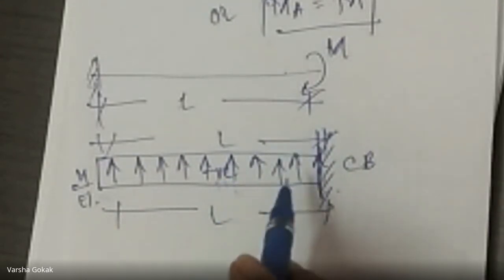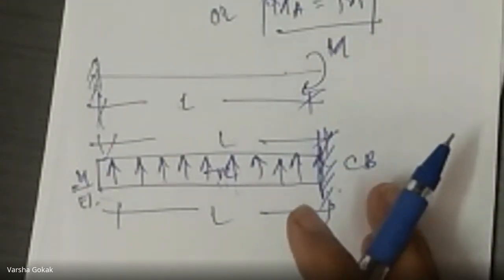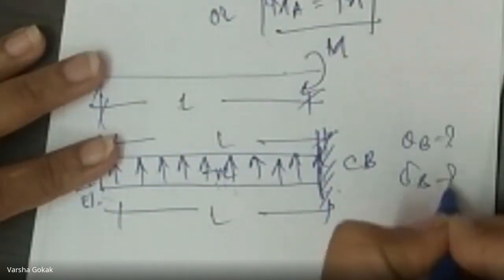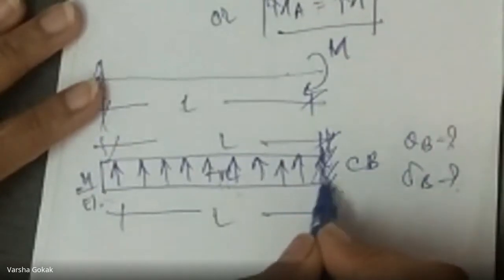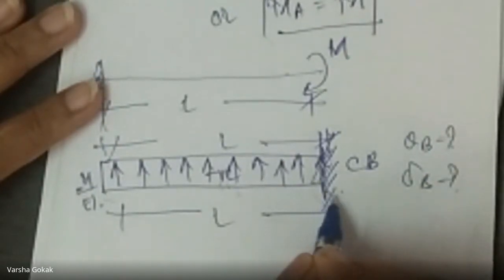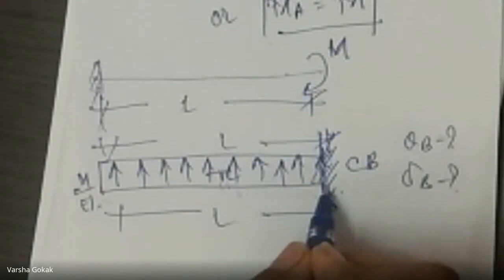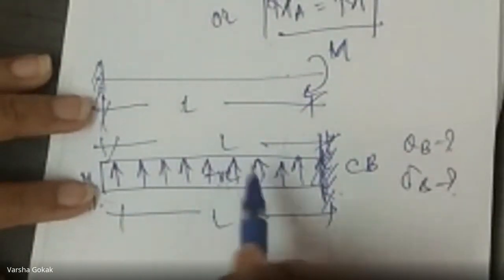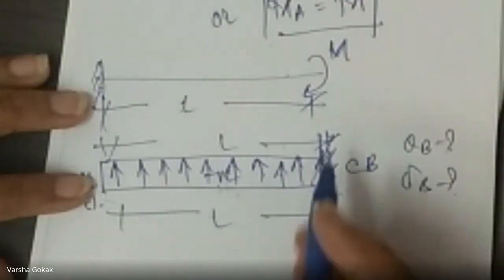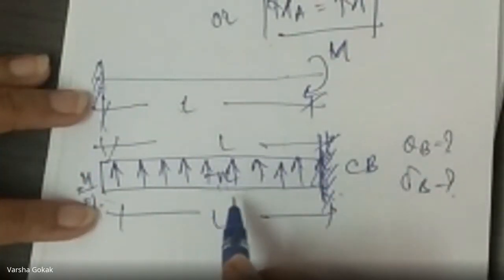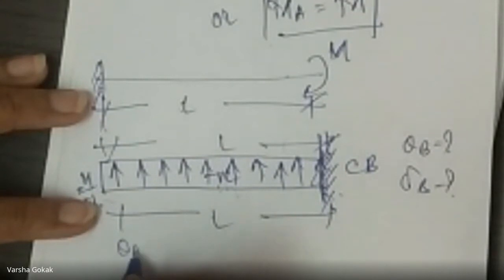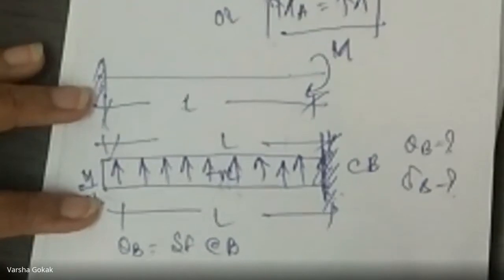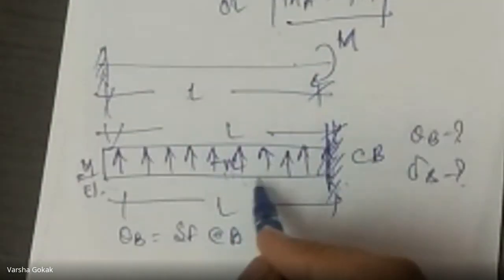Now they have asked us to find what? The slope and deflection at point B. Theta B and delta B is what we have to find. To find theta B, that is at this point, I need the shear force at this point. Now to calculate the shear force at this point, this is a rectangular loading or a UDL. A rectangle and UDL are same. This looks like a UDL only, correct? So how do I get the value of theta B? Any guesses? Theta B is nothing but the shear force at B, right?